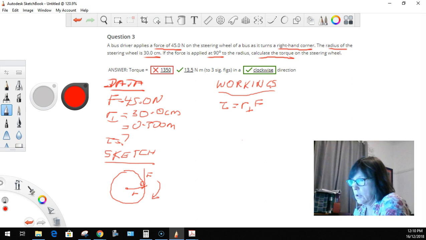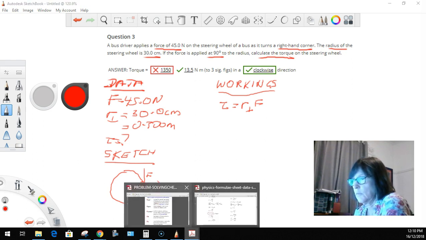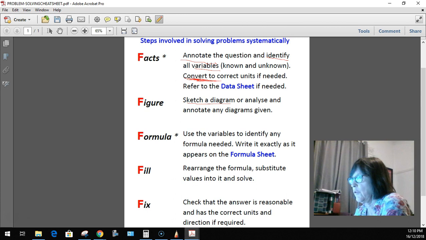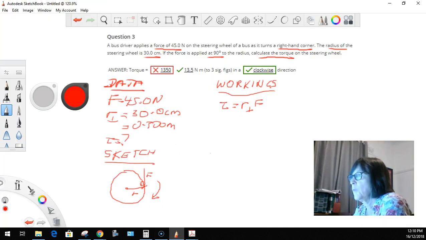equals. Now once we've done that, we've used our variables and found our formula sheet. The next thing is to fill, that's to rearrange the formula, substitute values into it and solve. We don't need to rearrange, we just need to substitute and solve. So if we go back to our problem, substitution, and I would recommend using units in the substitution. That's another way to double check that you're using the right